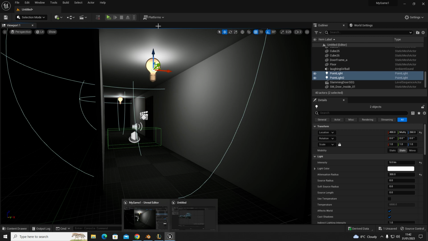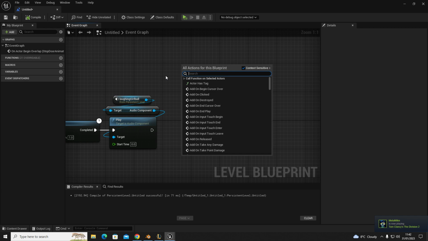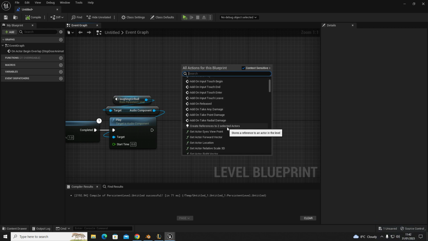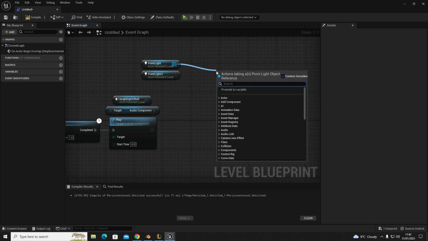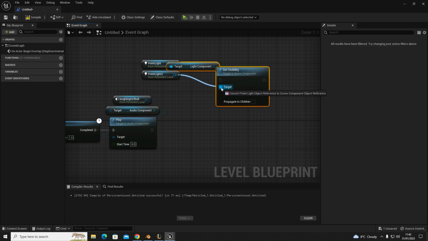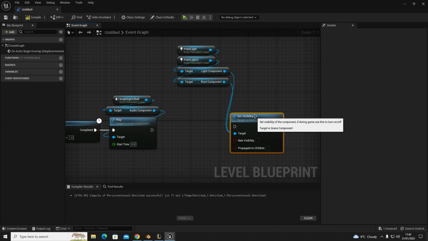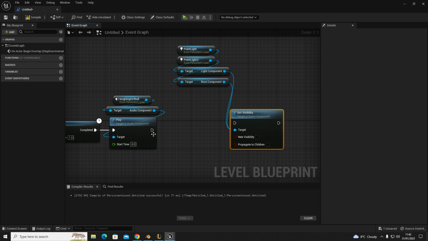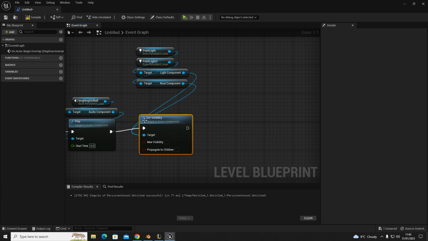So with these two lights selected, we're going to jump back into our level blueprint. So up here, open level blueprint. We're going to select both of these, scroll down to create reference to two selected actors, and then we're going to set visibility, light component, drag both of them in. And then we, let's say, drag that in there,